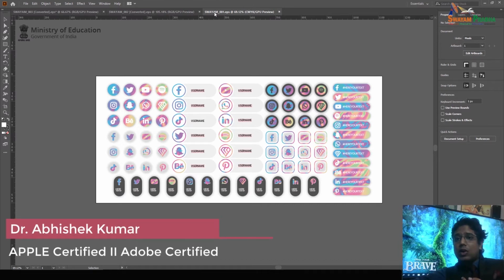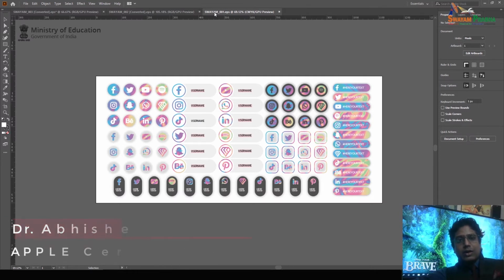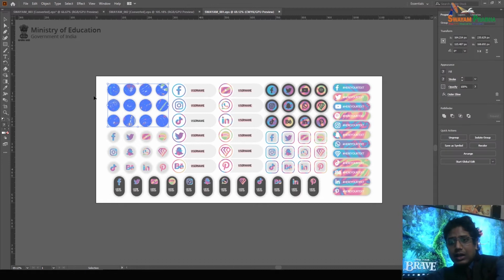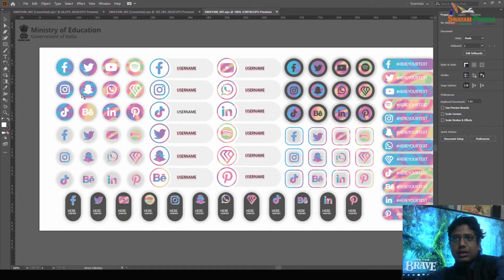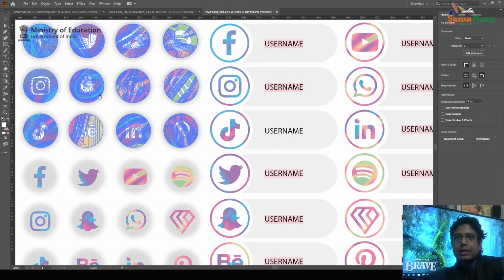Vector graphics are non-pixelatable. Whenever we are required to create any logo, which may be printed in a small size, or maybe printed in a very big size also, in such cases we use vector graphics. So for example, here you can check out, I'm just zooming in with Control plus, right?